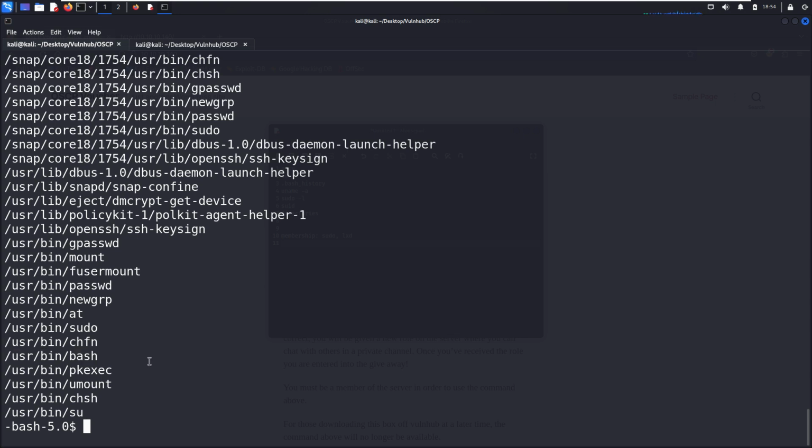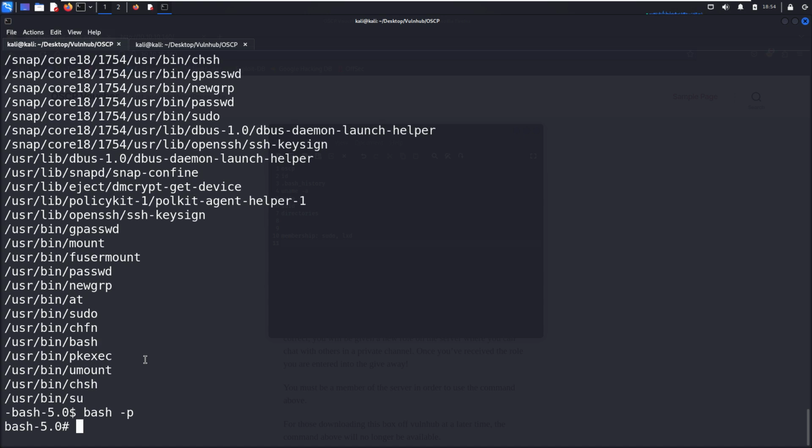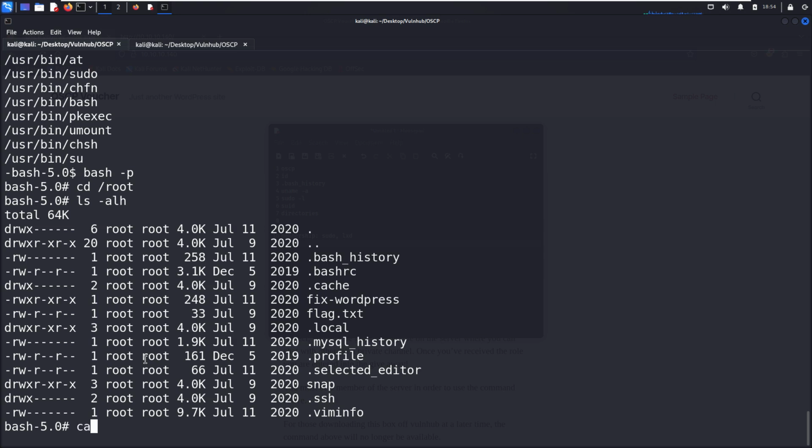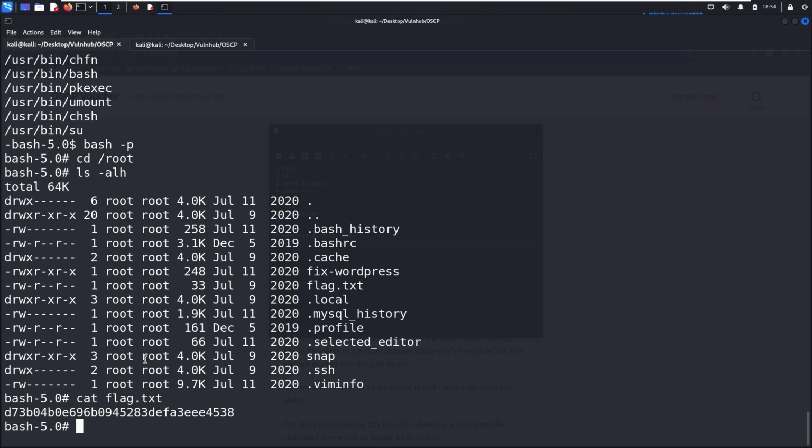So I think the escalation would be so easy. We just use bash with the option -p. As you can see, the escalation is so easy, right? And now we can navigate to the root directory to retrieve the final flag, or any flag, whatever.